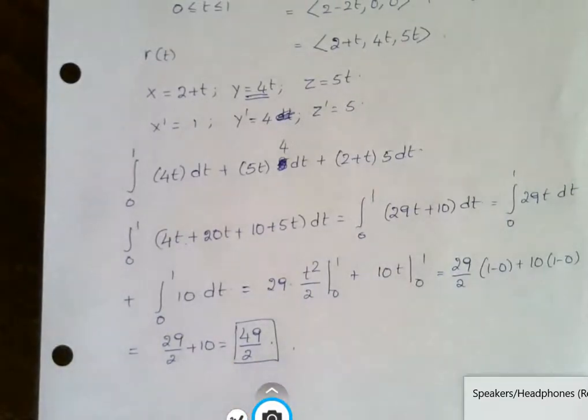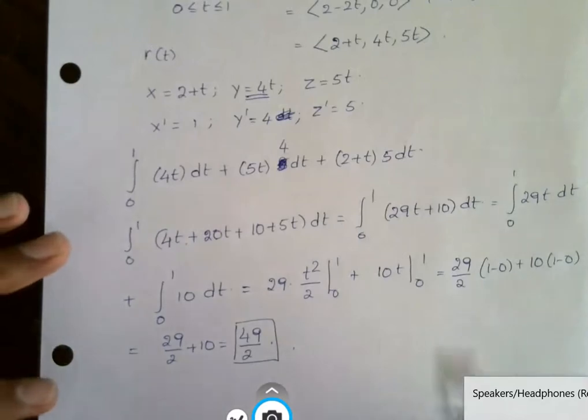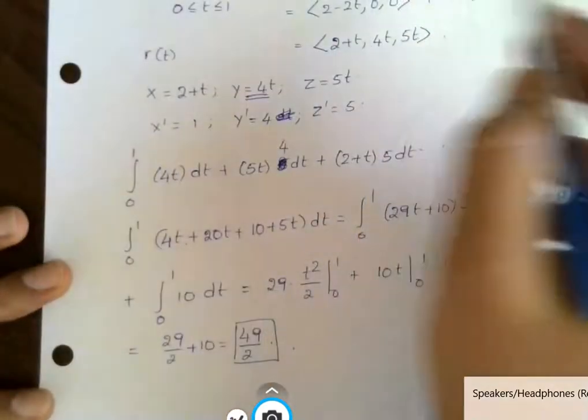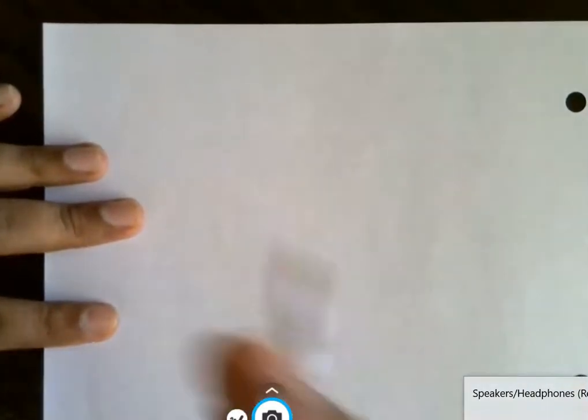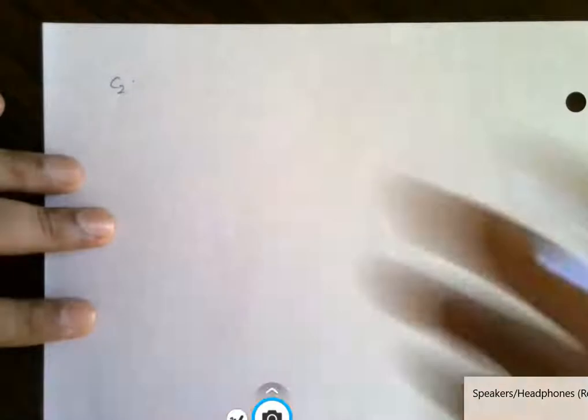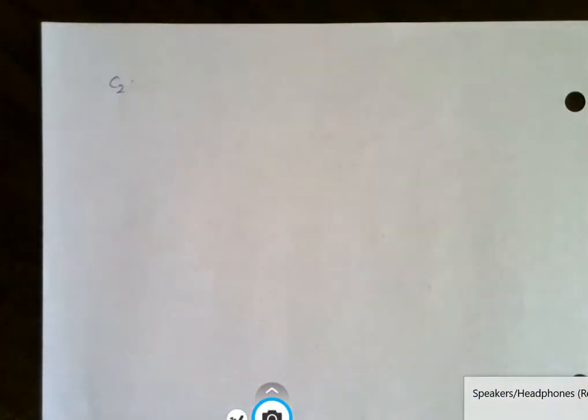That means the area of one side of the fence or the curtain is going to be 49.2 square units. Okay, but then we are not done. Why are we not done? We want to evaluate the line integral over the curve C2. Now C2, as we can recall, is going to be from